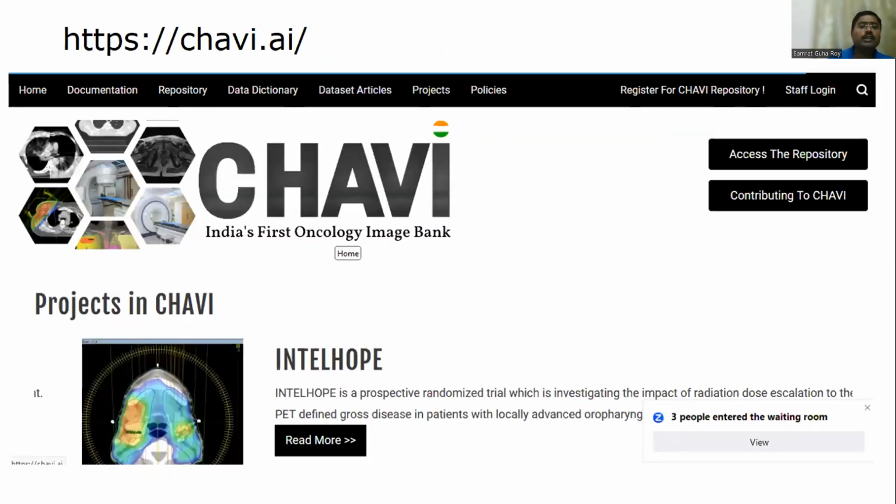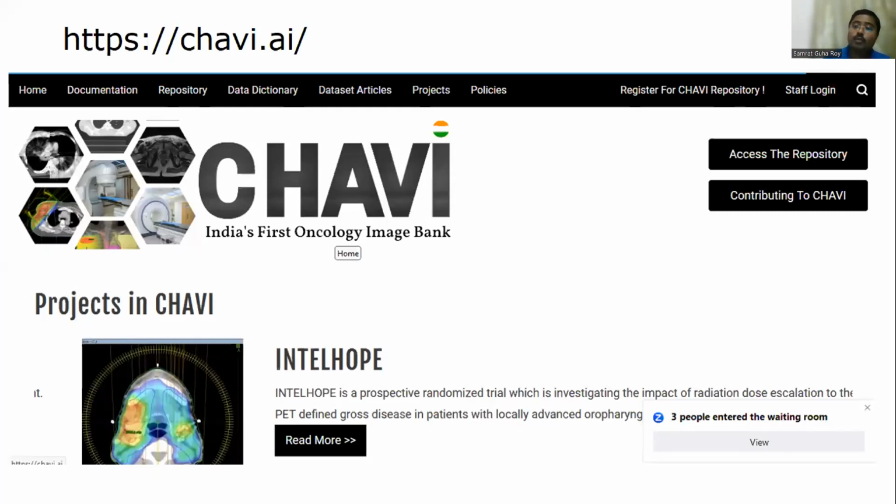Now quickly I will come to one more slide. There is a repository named Chavi repository. It is being created by IIT Kharagpur and Tata Medical Hospital. It is a bank for cancer patients, and AI will be used for predicting the patient's different case studies. Different patients' cancer details are present in this repository, and the AI will be able to predict various other aspects of the disease.